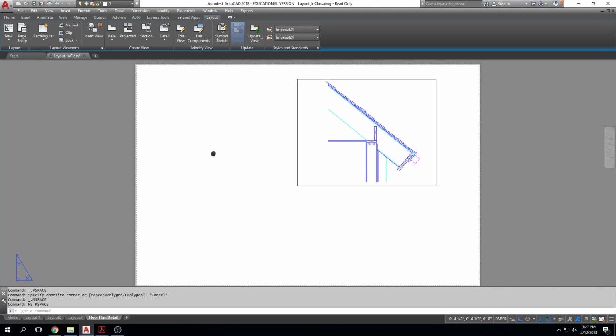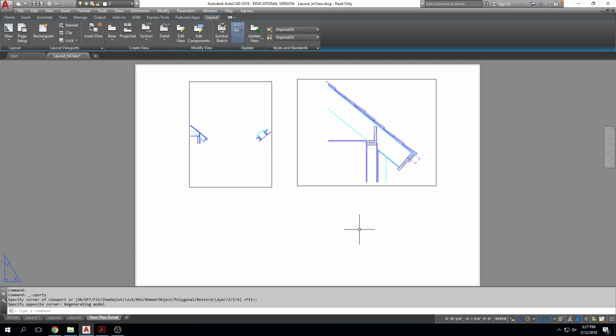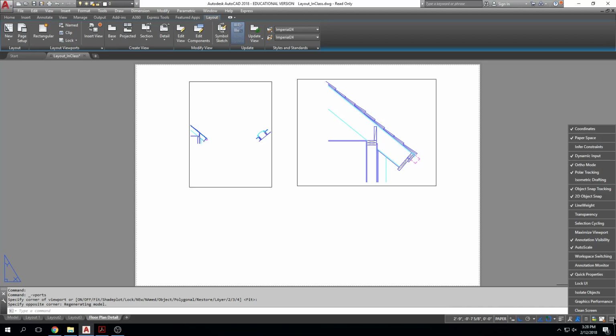Okay. Now if I wanted to add another viewport, I click on rectangular, click, there's another one. Okay. I can also add down here where my object snaps are, I can click on this little customization area, and